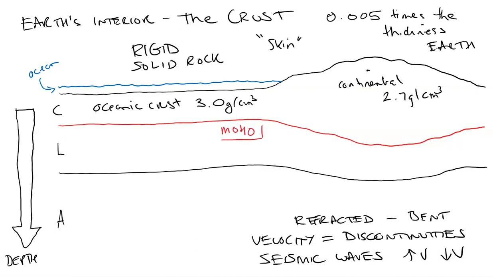Now, talking about seismic waves, this was the first one that was really discovered, in 1909 by Mohorovičić, that the seismic waves, when they went through the crust, whether it's ocean crust or continental crust, would increase in speed from an average of 6 kilometers per second in the crust to an average of 8 kilometers per second. So there is an increase of 2 kilometers per second between the very top part of the crust and the